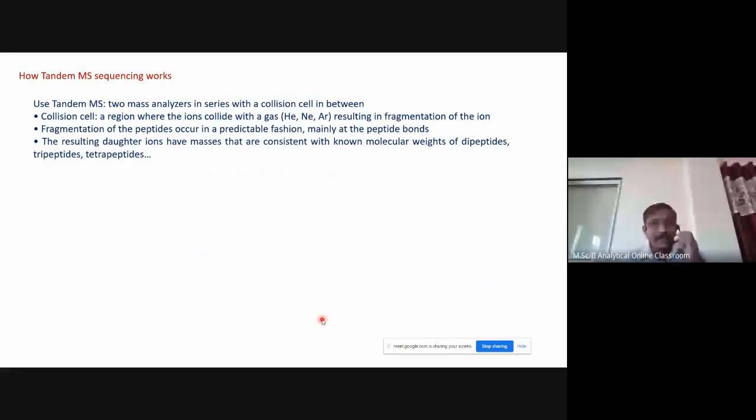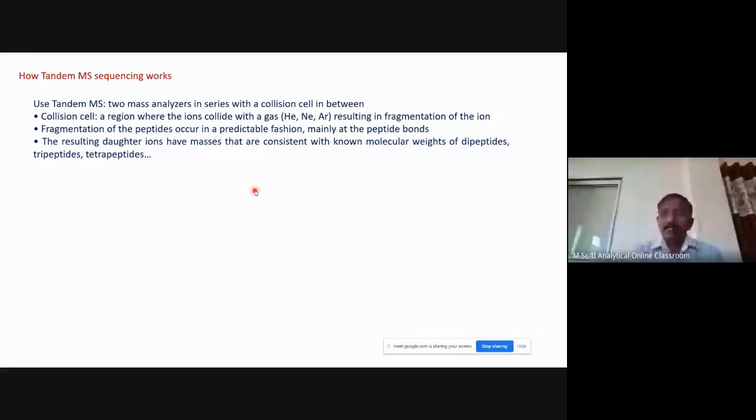Now, how does tandem mass spectrometer sequencing work? In tandem mass spectrometry, two mass analyzers are arranged in series with a collision cell in between. And this collision cell is a region where the ions collide with gas, that is argon, neon, helium, resulting in the fragmentation of the ion. So this fragmentation of particular ions, mostly in peptides or proteins, occurs at the peptide bonds, and when the bond breaks, it gives daughter ions having masses corresponding to the molecular weight of dipeptide, tripeptide, tetrapeptides, polypeptides, etc. So that fragmentation pattern we can observe very easily, and that sequence is very helpful to know the probable